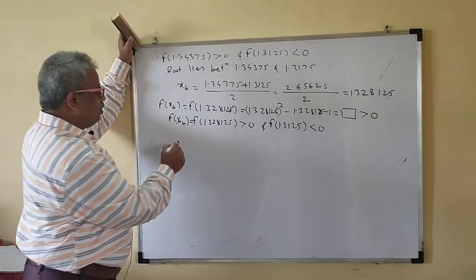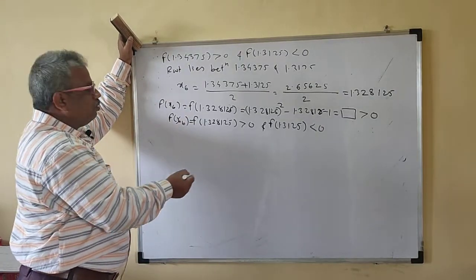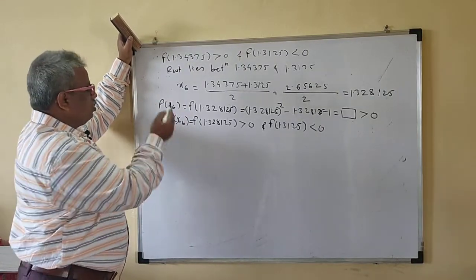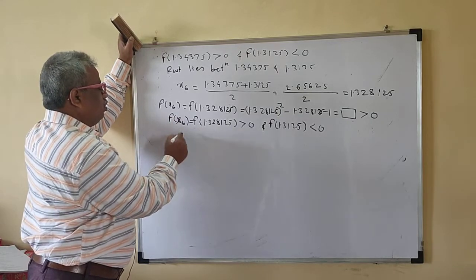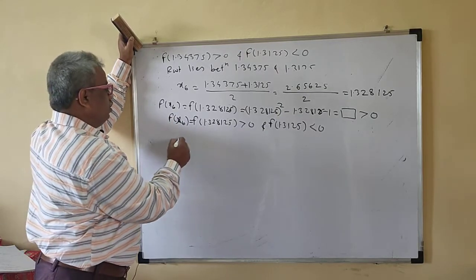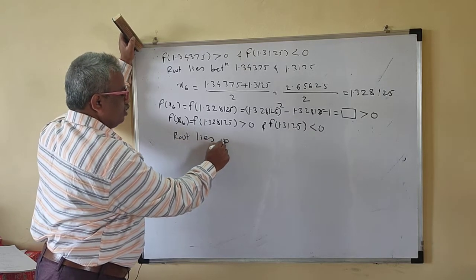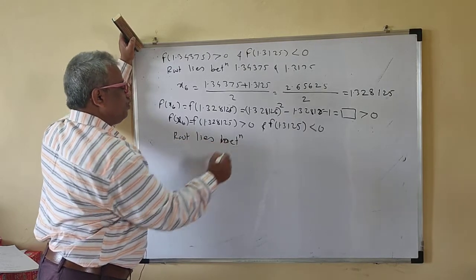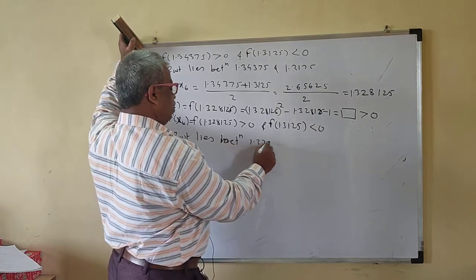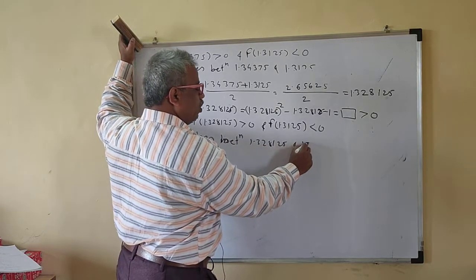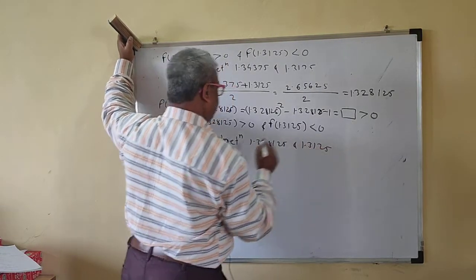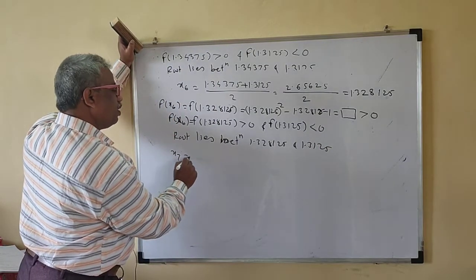This method is very simple. You only have to do the calculation, the iteration. So we are doing these iterations now. We have done the 6th iteration. So the root lies between, not in, between 1.328125 and 1.3125. Okay. So now your x7 will be